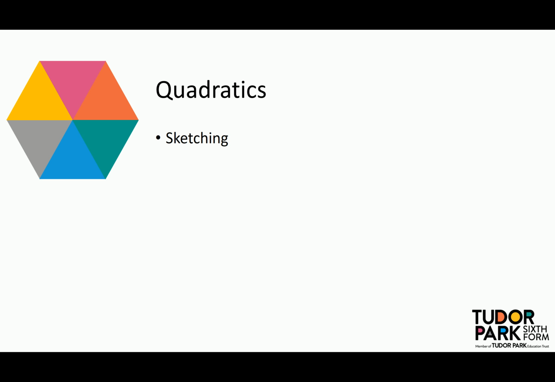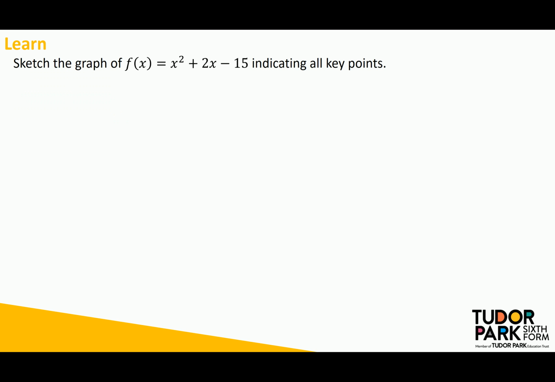Let's look now at sketching quadratics, and we're going to look at two different methods for this. The first method is going to be the method of factorization. So I look at the function that I've got here and I think to myself, well, that factorizes nicely into x plus 5 and x minus 3. So I would be able to tell that the roots of this equation are going to be at negative 5